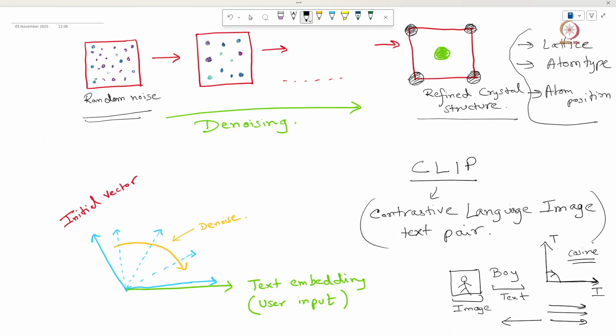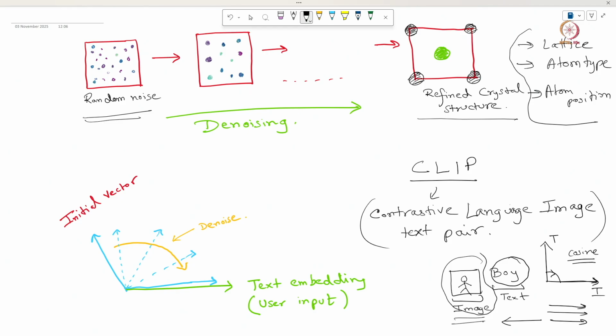So when CLIP is trained, the image and the text gradually align with each other, so that the embedding vector that comes out of the text "boy" and the image of this boy both will finally coincide once CLIP is trained. So CLIP is like a translator that is translating your language to the image that you are actually trying to generate finally. In the same sense we are dealing with crystals.